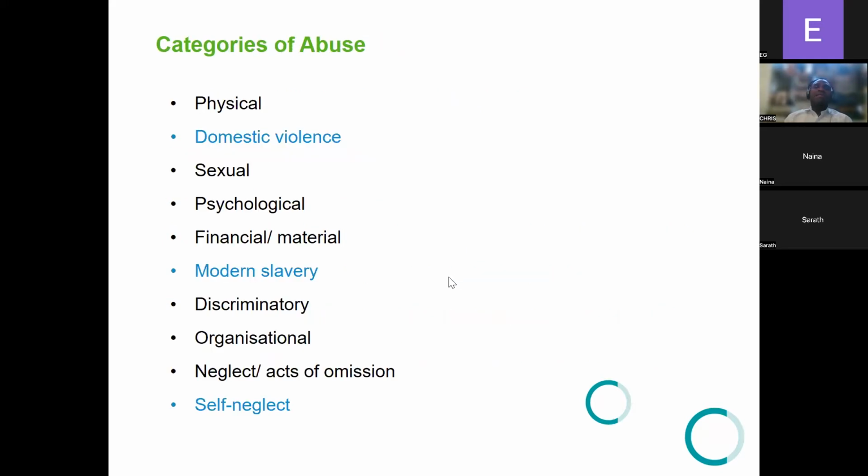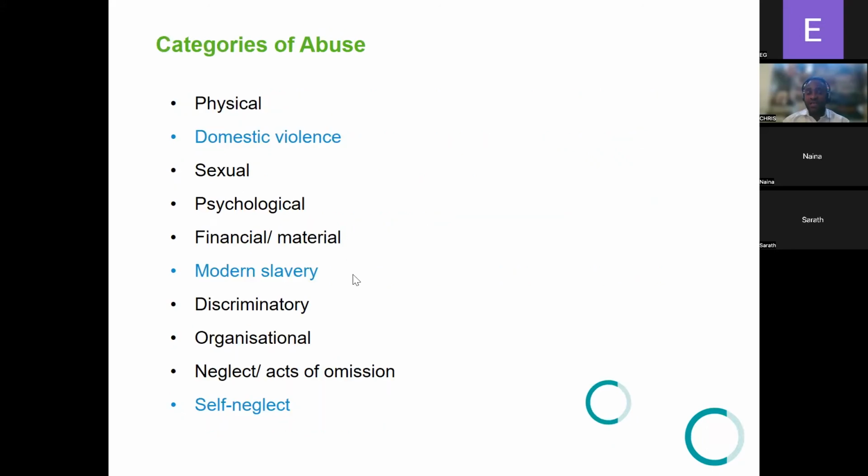All right, let's look at these categories of abuse. These are the categories of abuse. Things keep evolving, and some categories were added to the list. They were not there before. So we have physical abuse. We're going to look at what each of them entail. Physical abuse, the person is physically abused. Domestic violence also comes under abuse. Sexual abuse, psychological abuse, financial or material abuse,